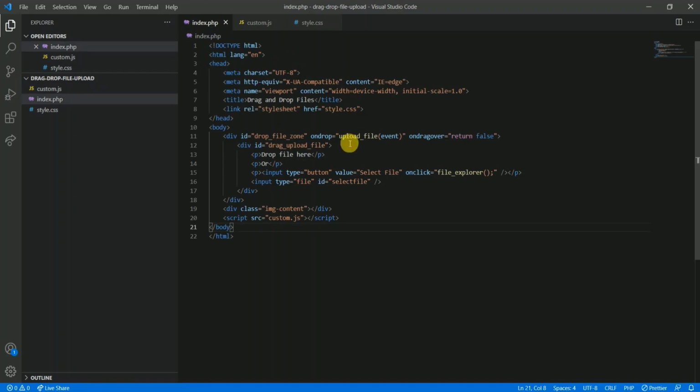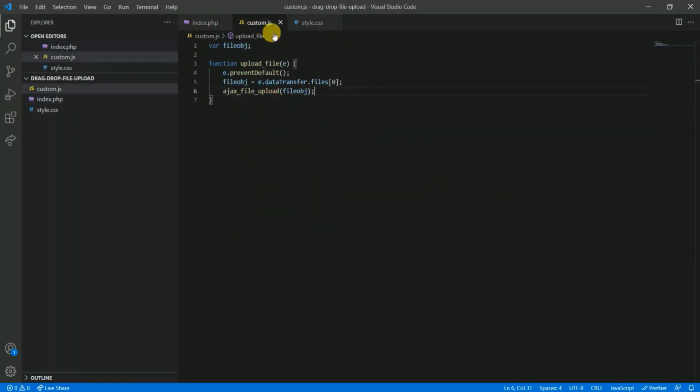So as soon as we drop the file, this method will get called. Whatever files we have dropped in our container, using this method we get that file content and pass it to our Ajax file upload method.